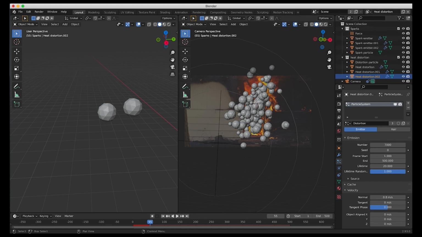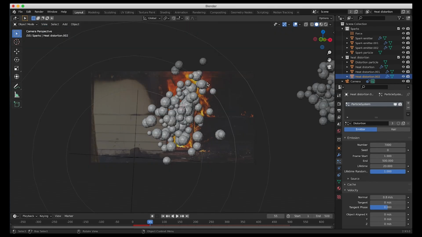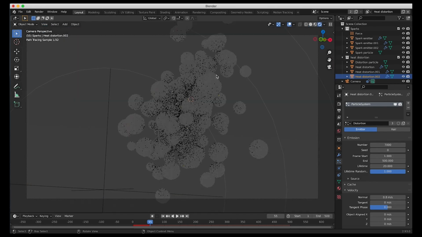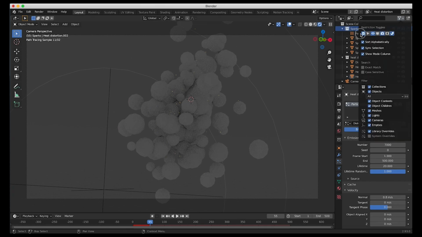So now what we're going to do is clean up our view layers here so that we can composite them separately and effectively in our Blender compositor. So for our heat distortion view layer, as you can see in our camera view, when we zoom in, you can see that we're also rendering out some of our spark particles here, which we don't actually want for this